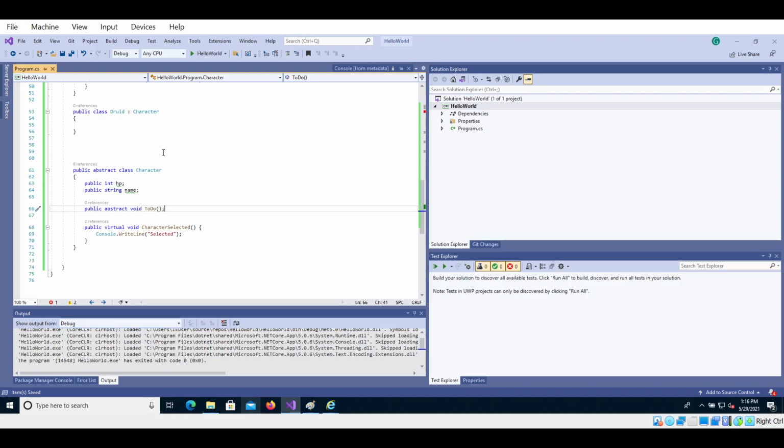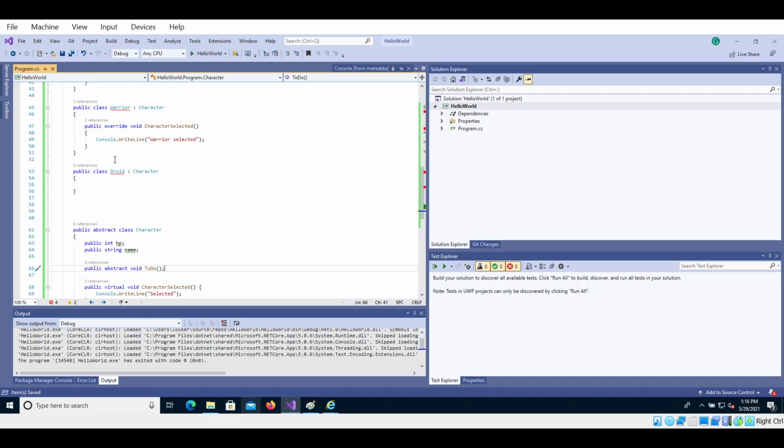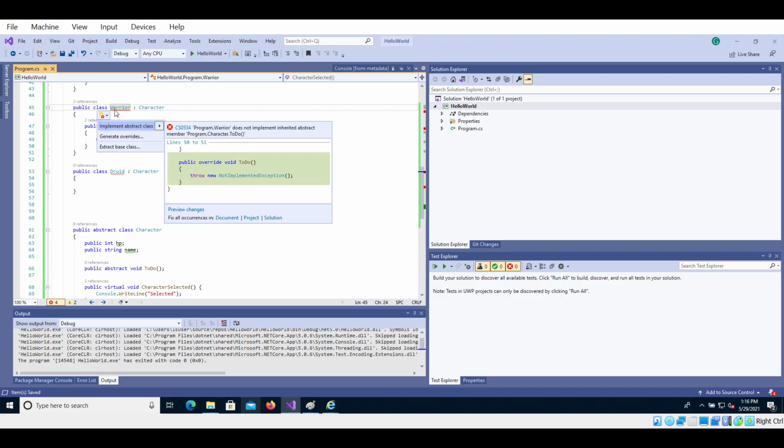Watch what happens. We get a bunch of errors. Does not implement to do. Here, same error. Now if I click implement,